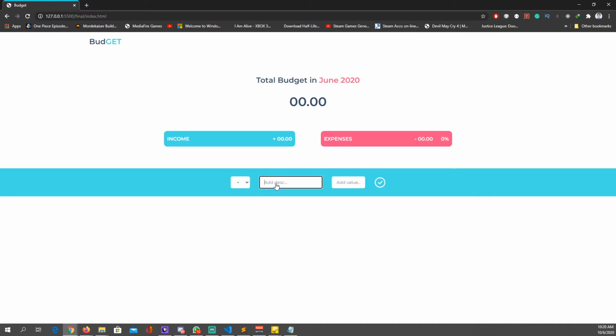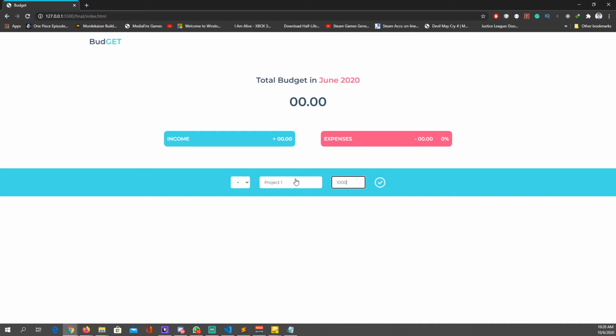So let's add our first income. Let's name our description of first income project one, which amounting to $1,000. If I click this check mark button, or you can basically hit enter if you want, it's gonna add our new income in our income list.